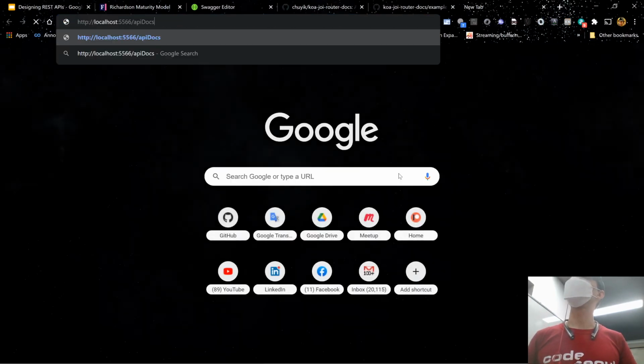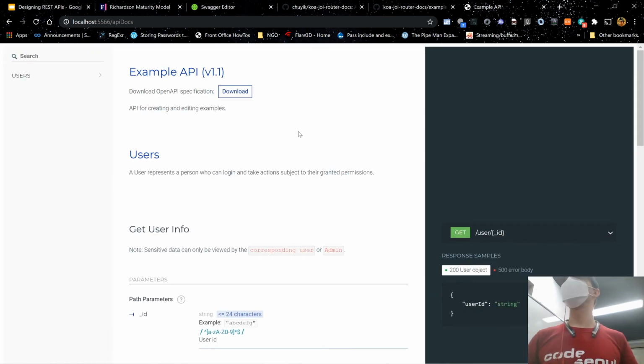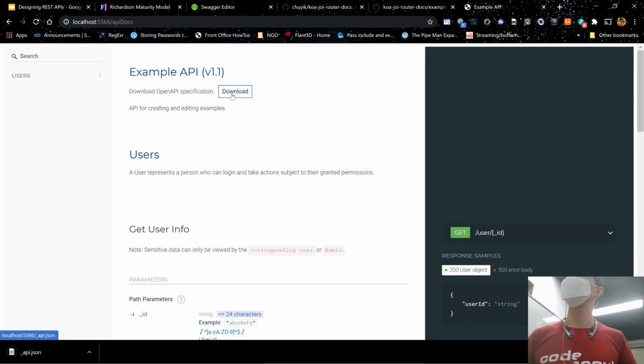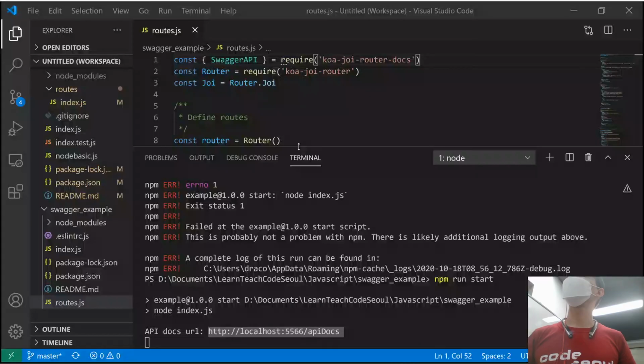If we go to our localhost and we go here, oh, they got the new version. Oh, that's fancy. This is actually the new version of the Swagger UI, but it's the same idea. So we can actually, if we click this download button, oh, nope, that's actually not what I wanted to do. If we go to this address, remember how earlier I mentioned,